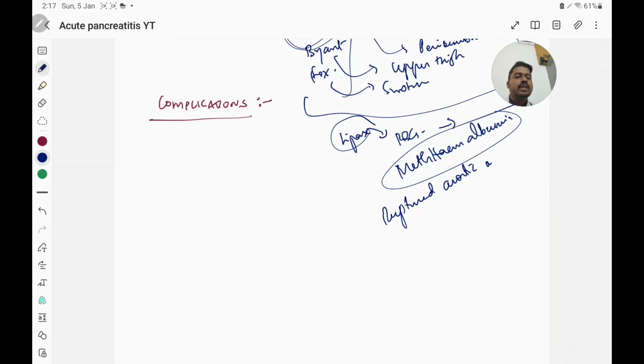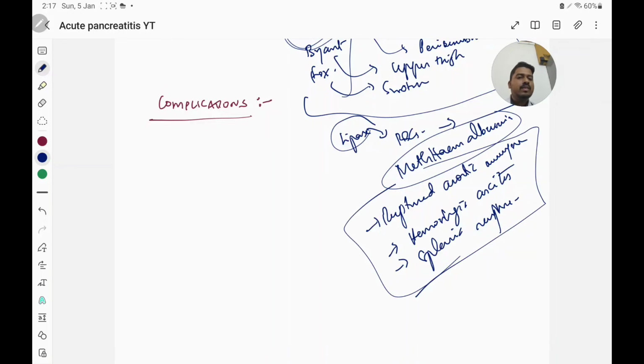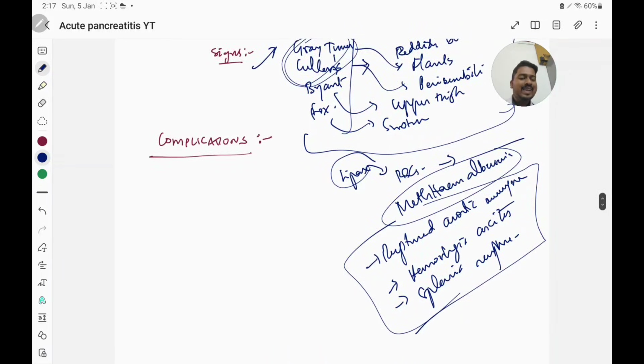Okay, in ruptured aortic aneurysm we can get all these signs. Any of these signs we will also get in hemorrhagic ascites, and also in splenic rupture. So basically any internal bleeding can cause this. Okay, splenic rupture. So I'm saying this because you can get a question in NEET SS or NEET PG where